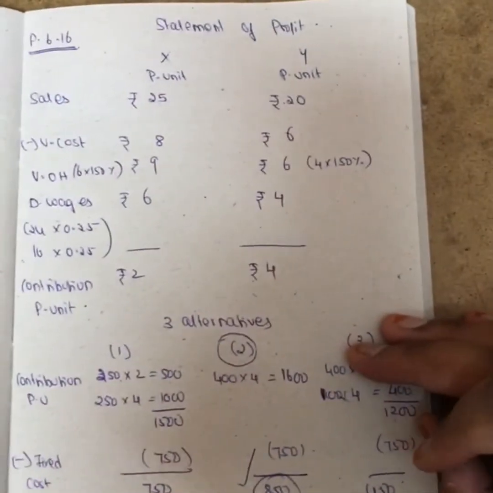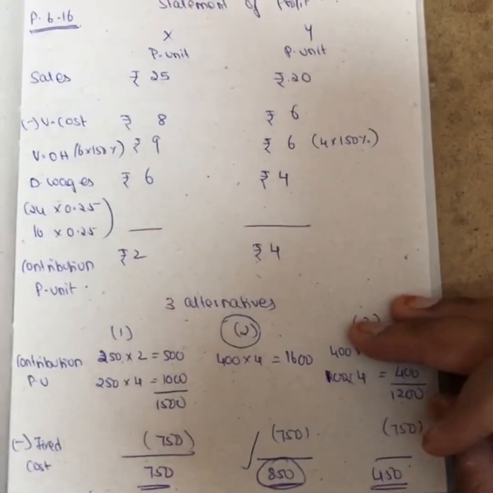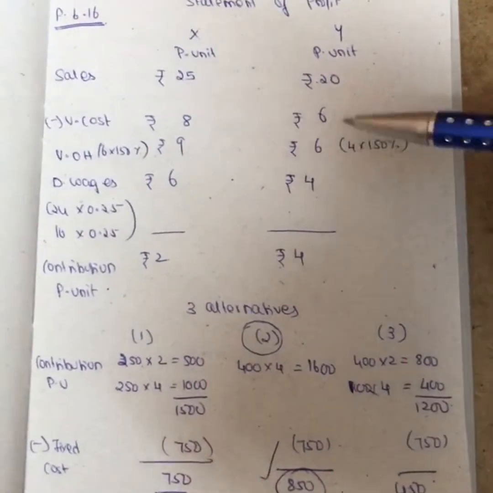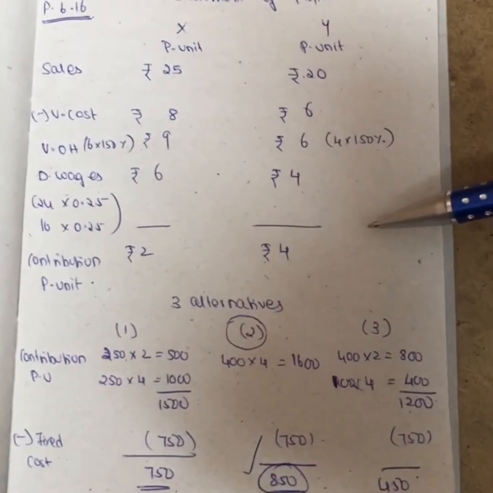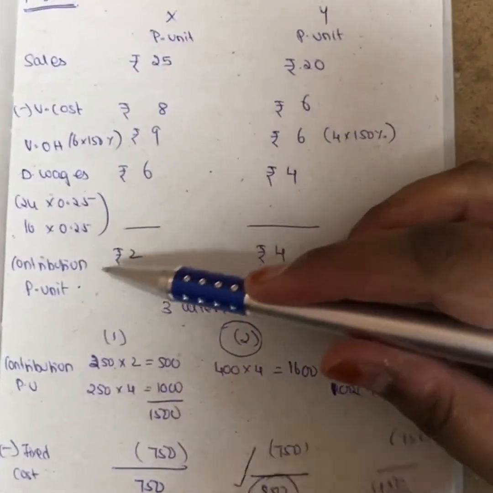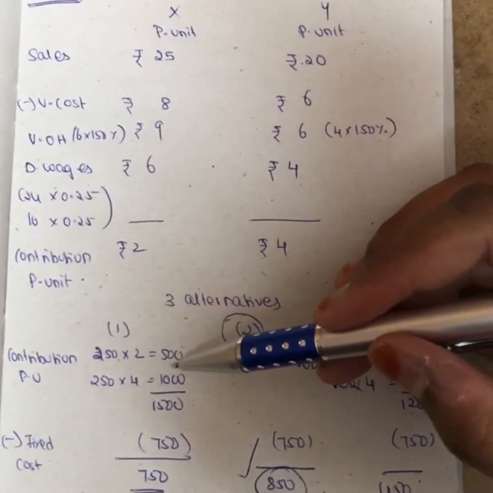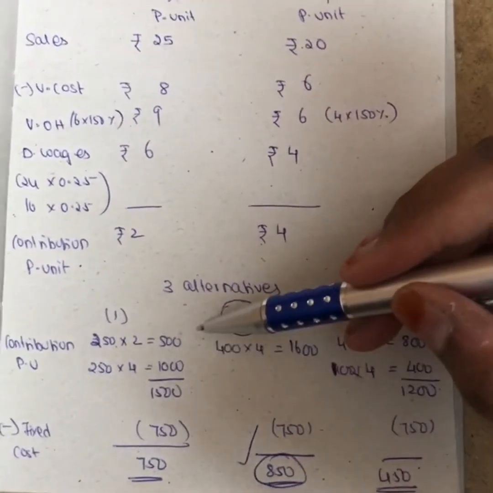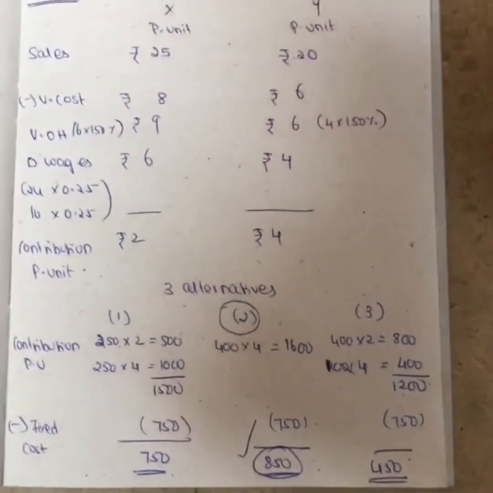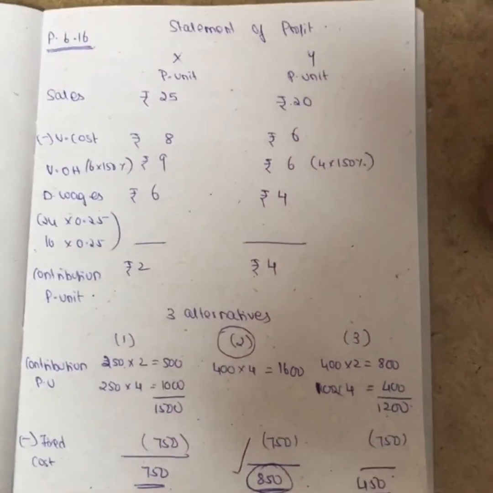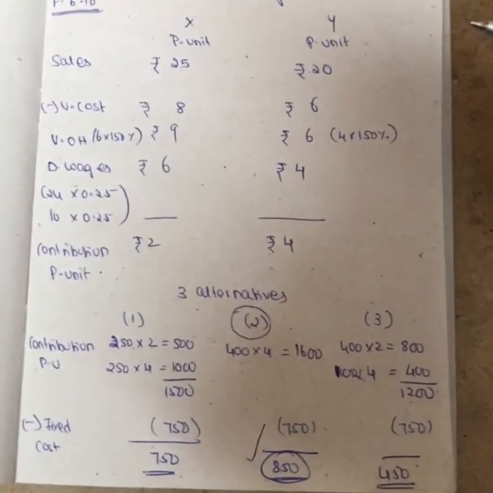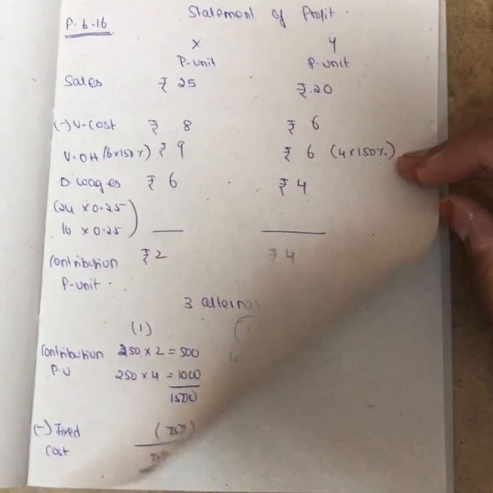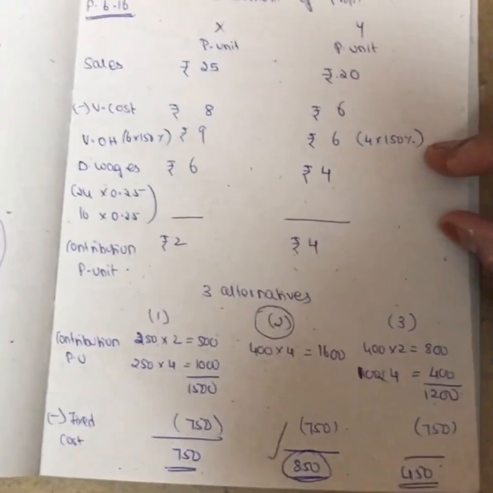This is more than enough. I will give you one similar problem. You just practice that problem. That is enough, girls. So what we have to do, we have to calculate the statement till contribution per unit, and with the help of the contribution per unit, just calculate the alternatives that they have given in the question. Multiply that with that, you minus the fixed cost, where the profit is more, that is the best option we have to choose. That's it, guys. This is all about your problem 6.16 and sales mix as well.